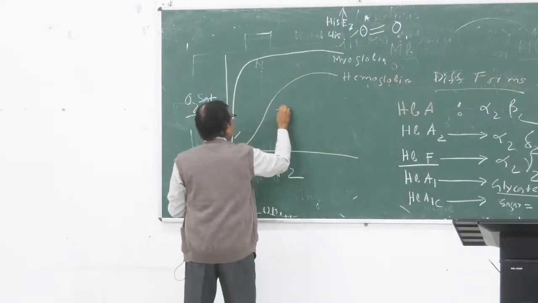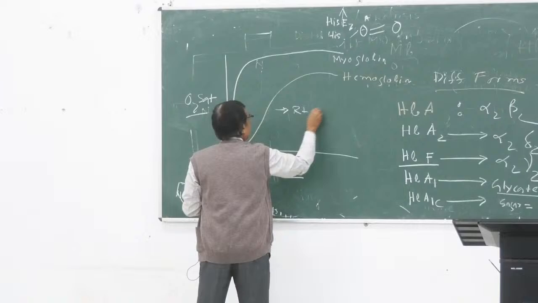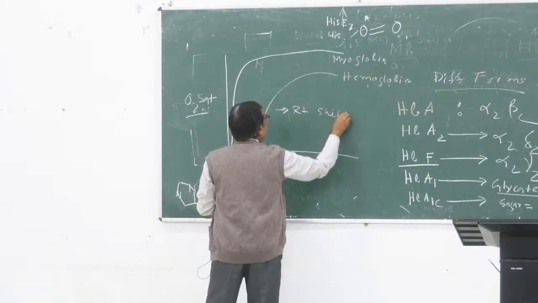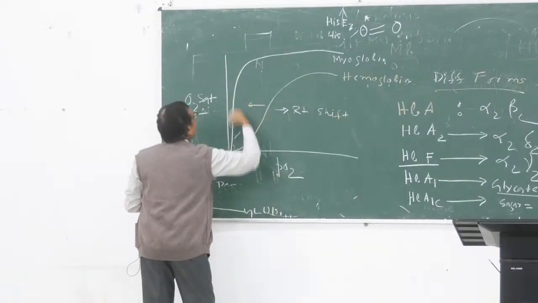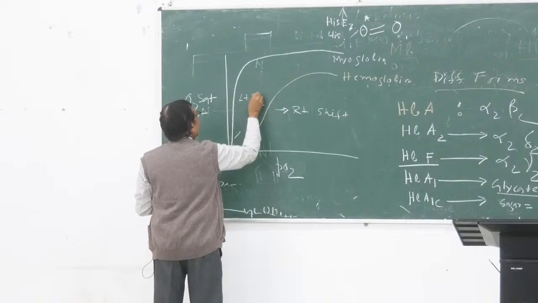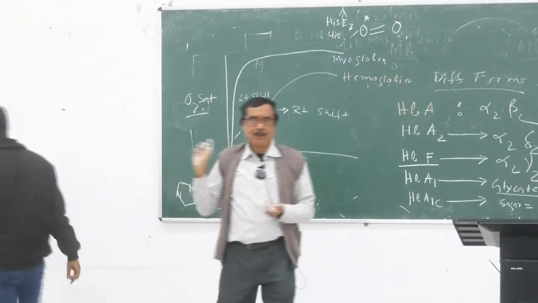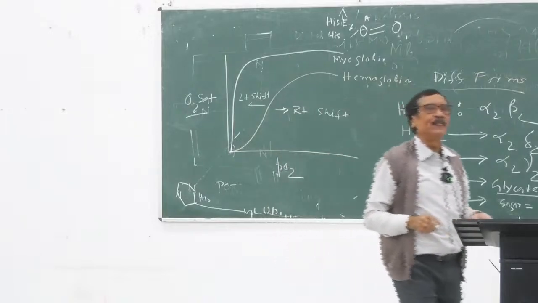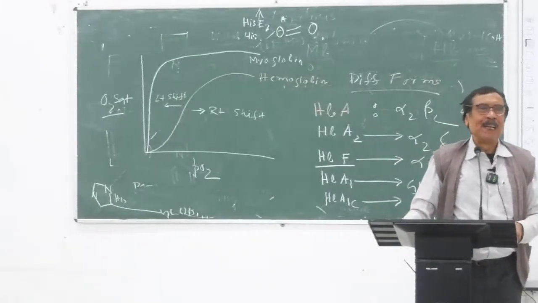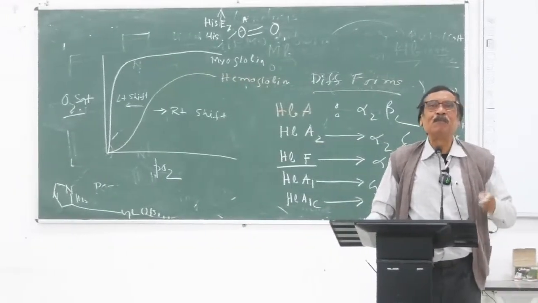এটা হচ্ছে রাইট শিফট। এইদিকে যদি শিফট করে কার্ভটা, মানে এইদিকে যায়, তাহলে লেফট শিফট। যত লেফট শিফট হবে অক্সিজেনের প্রতি তার অ্যাফিনিটি বেড়ে যাবে, আর যত রাইট শিফট হবে অক্সিজেনের প্রতি অ্যাফিনিটি তার কমে যাবে।